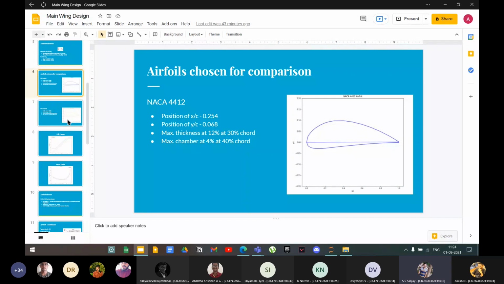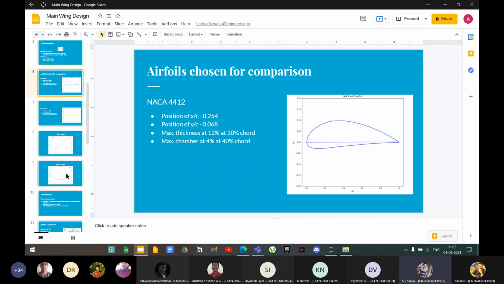Yeah. So here I think the scale is not proper, is what sir has mentioned. That is why your airfoil looks thick. So you have to maintain the right scale on the x and y axis, equal scale. Yeah. And then in your later plots of